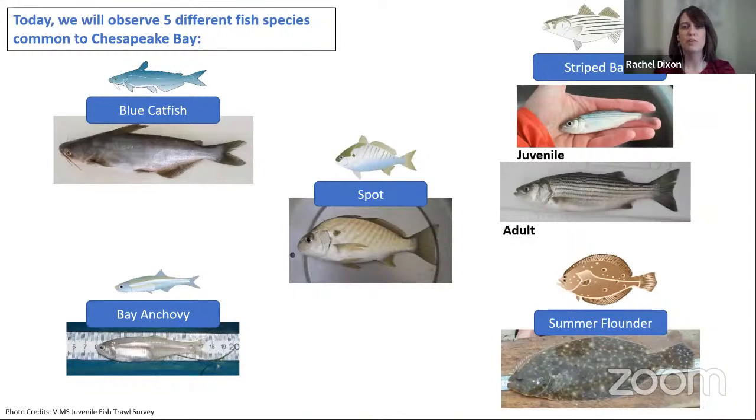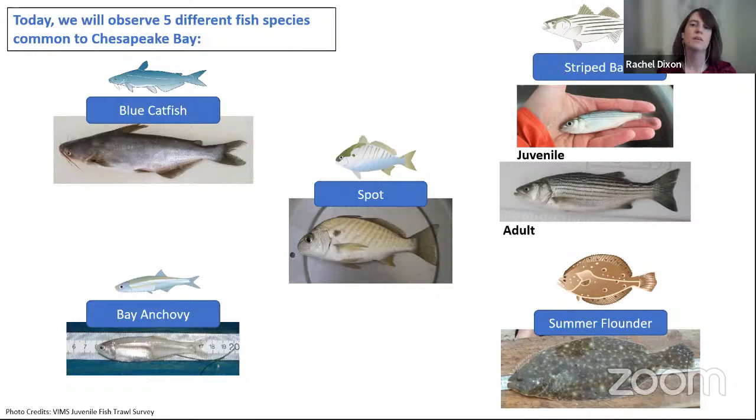So there are two main parts to this activity. In the first part, students will use mock data from this VIMS fisheries survey to study how the abundance of 5 common Chesapeake Bay fish species can vary among habitats around the bay. So the 5 species I selected for this lesson plan are the blue catfish, the bay anchovy, spot, striped bass,